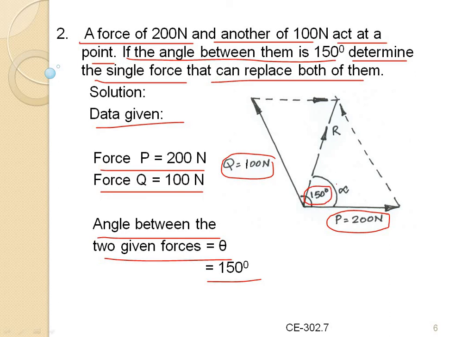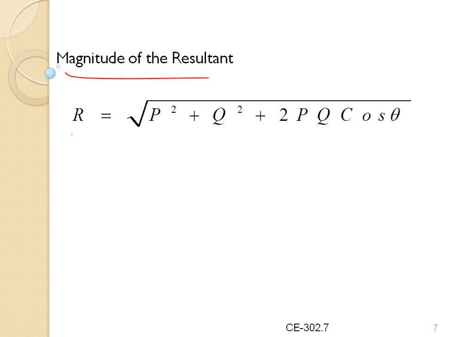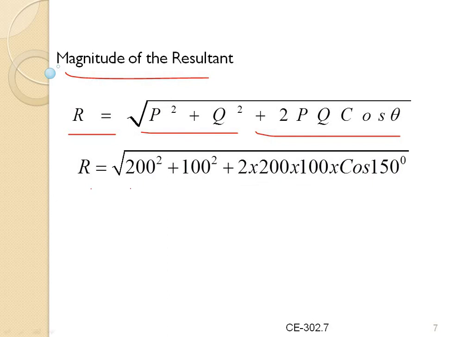Therefore, the resultant R, and we have to find out the magnitude of the resultant. R is equal to root of P square plus Q square plus 2PQ cos theta. So remember, this formula is very important to find the magnitude of the resultant. Therefore, R is equal to root of 200 square plus 100 square plus 2 into 200 into 100 cos 150 degrees is equal to